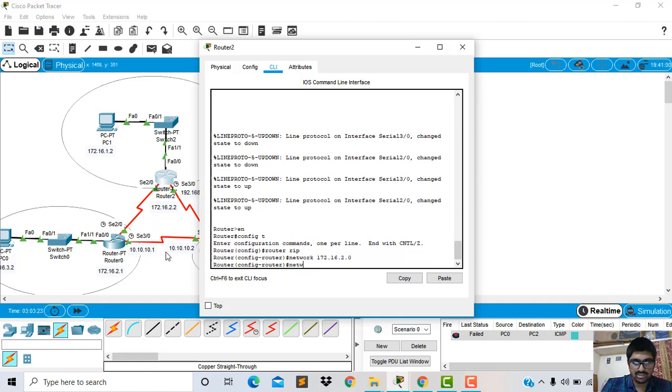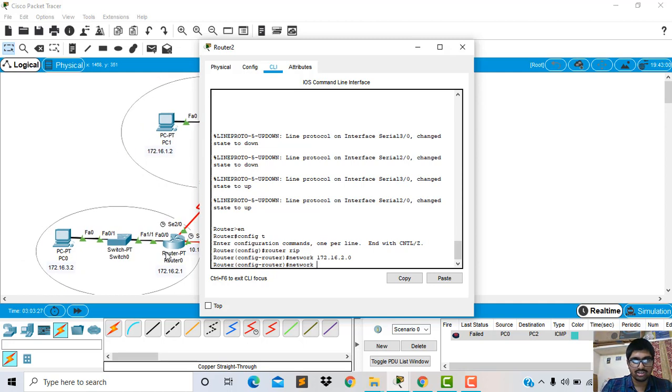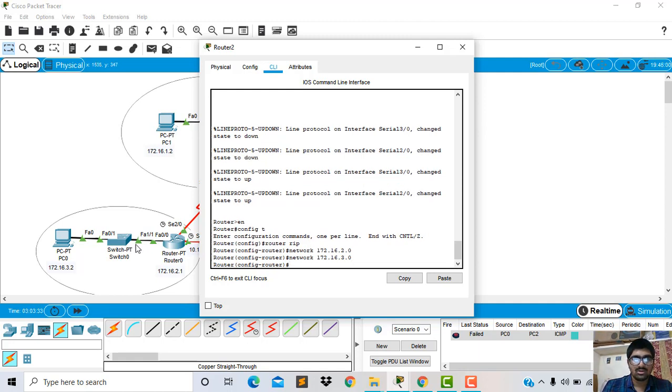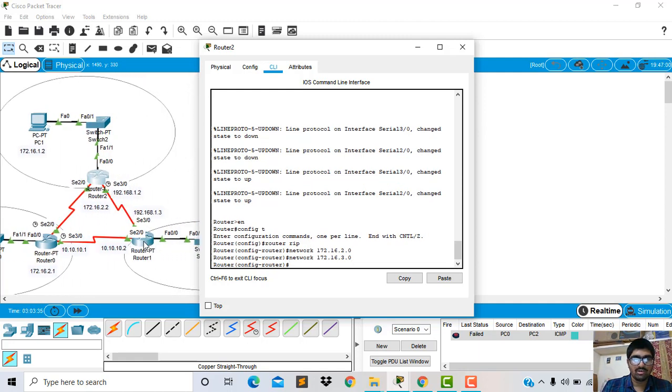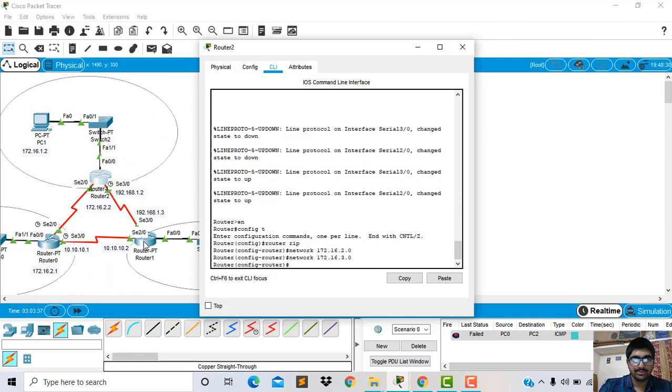Now according to the PC, 172.16.3.0. Now LAN 1 is completed. Now we will go to LAN 2, network 172.16.1.0.